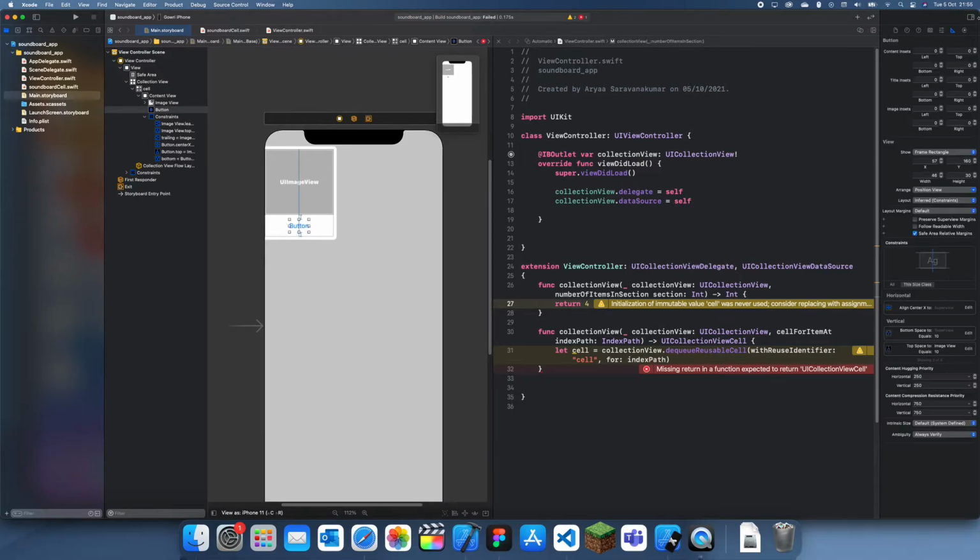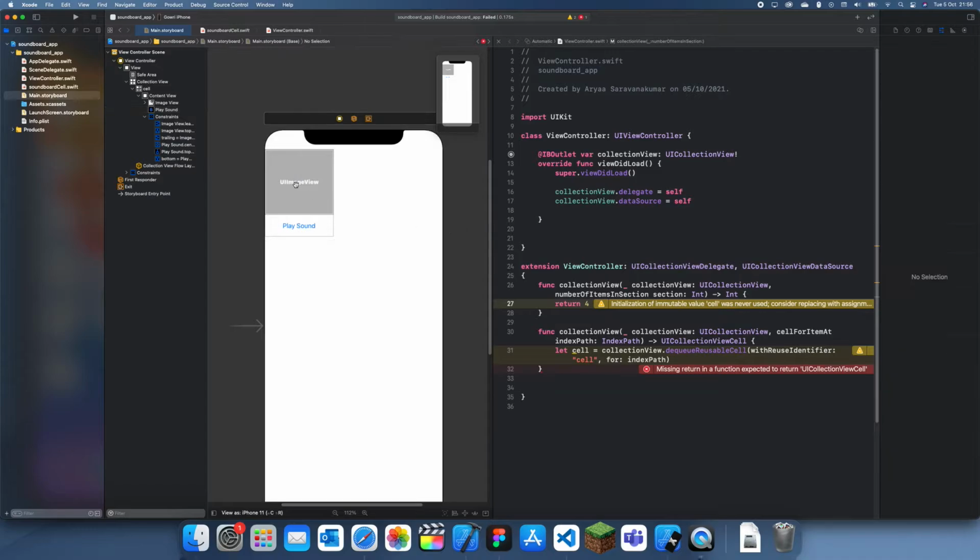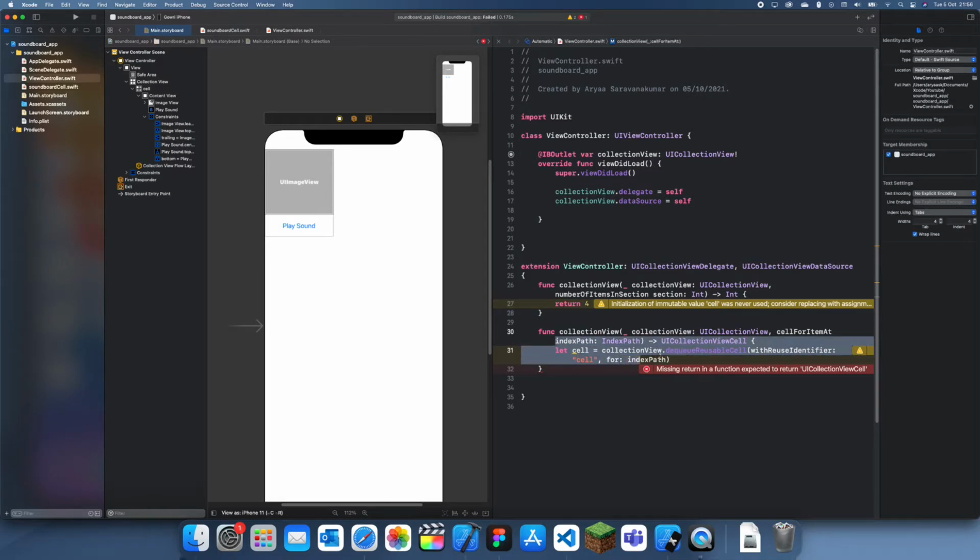So now this button is just going to be called play sound, and basically in this image we're going to have the image of a sound we're going to play, and then this button is just going to play a sound when it's clicked. So I'm going to do that later, but for now what I'm going to do is we'll just have to